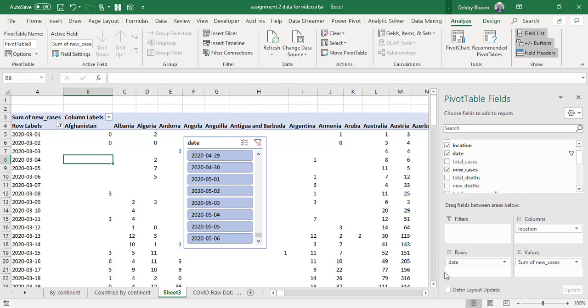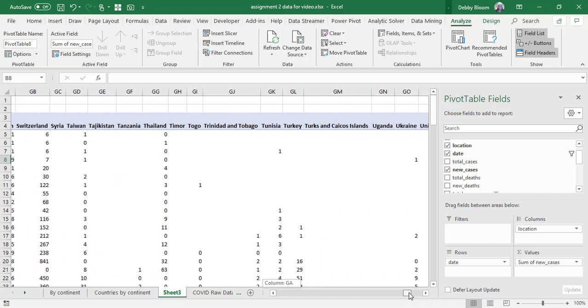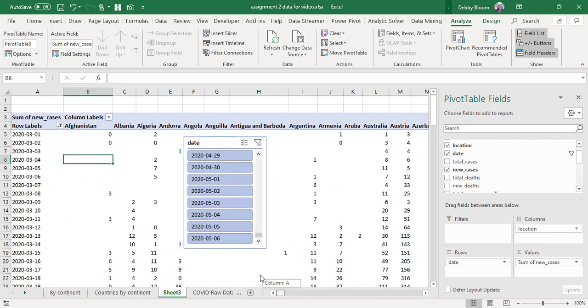Now the last thing that I want to do is, even with this filtered by date, there are a lot of countries in the world. If we scroll all the way out, we see here we go all the way out to column HC, which is a very, very wide table. So what I want to do is filter by continent. I could do that by inserting another slicer, but I can also very easily do it with the filter area. So I'm going to drag continent into the filter area,